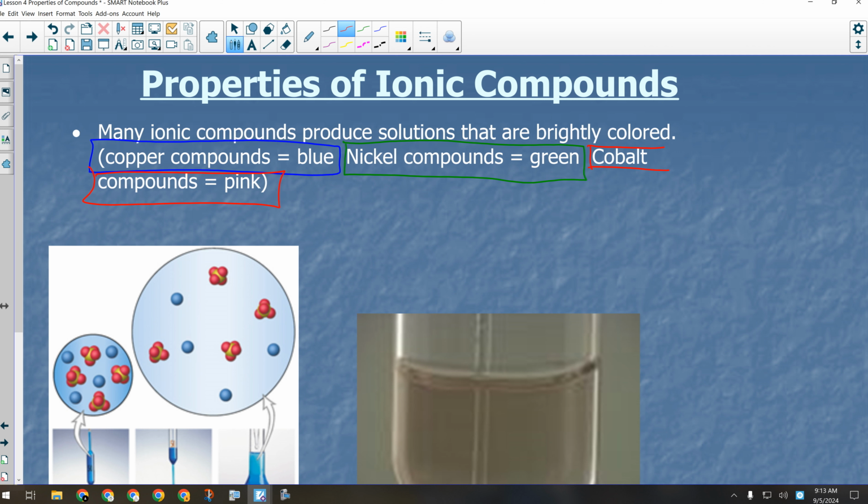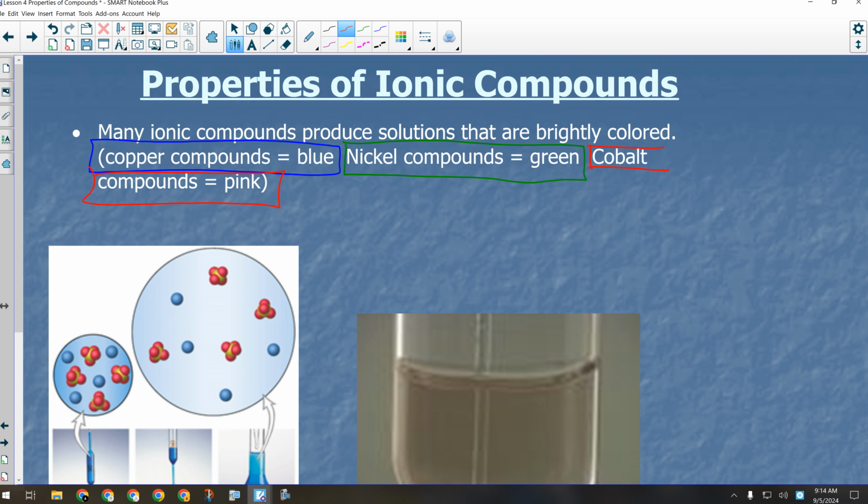So if you got something and it's a bright blue color and it's a crystalline solid, it's probably an ionic compound containing copper. If you got something that's green and it's a crystalline solid, then it's probably a nickel-containing compound. If it's a little red or orange or pink, then it's probably a